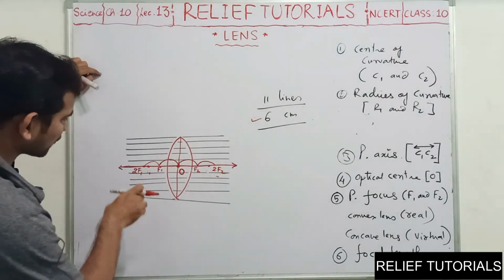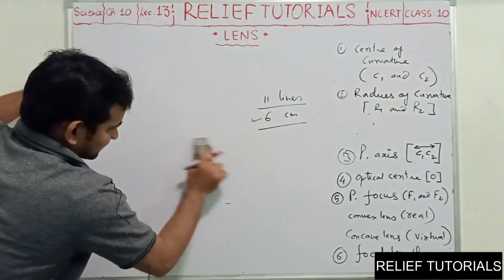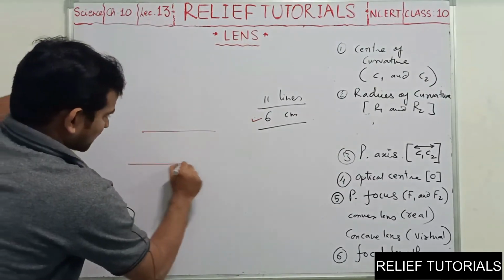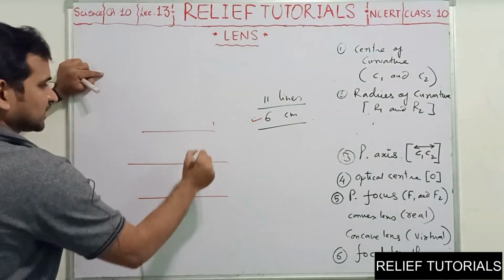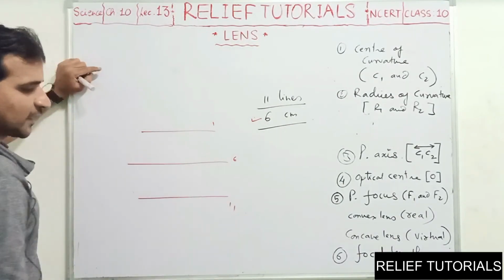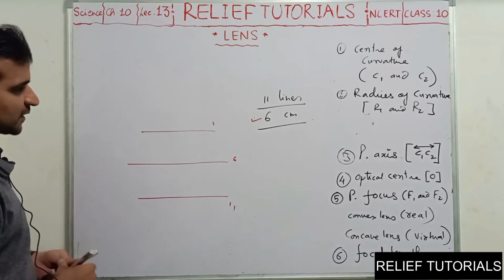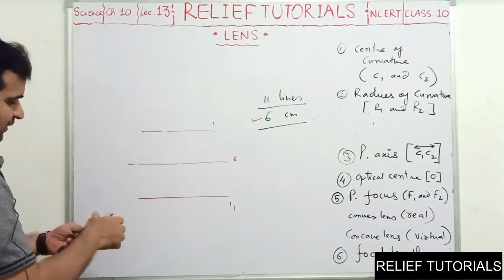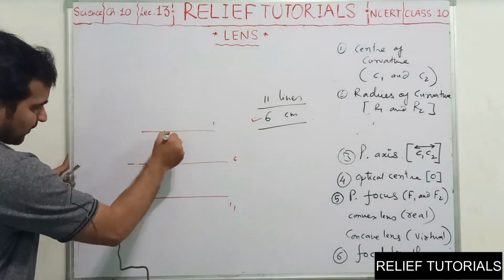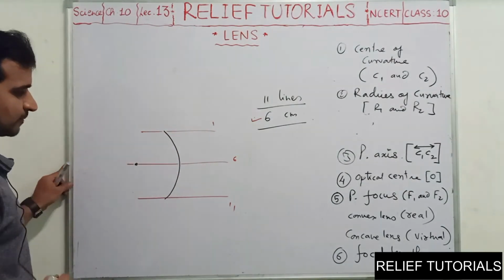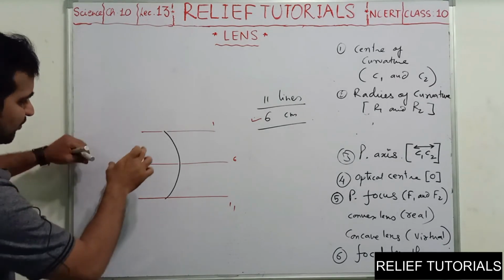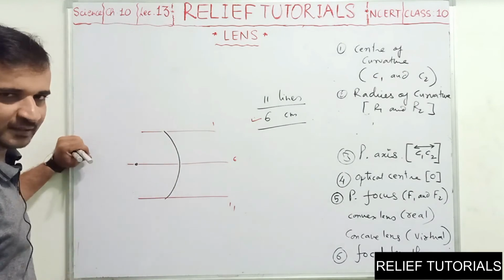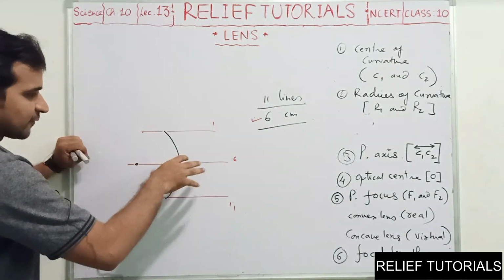Okay, how to draw the concave lens? Again, this is 1, 2, 3, 4 and 11 lines. This is the first line, 6th line and 11th line. Again, you keep a 6 centimeter radius. Draw one of the curves like this. So this is the first curve you have drawn. In the case of convex lens, we have to keep the pencil at one of the edges and take the rounder on the second side. But here in the concave it is different.